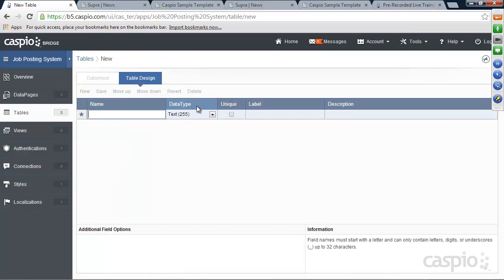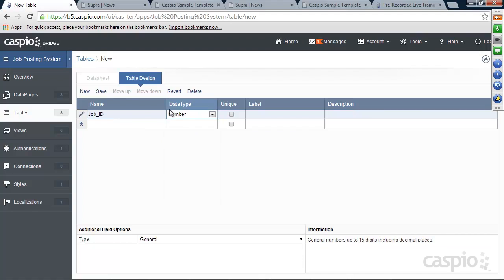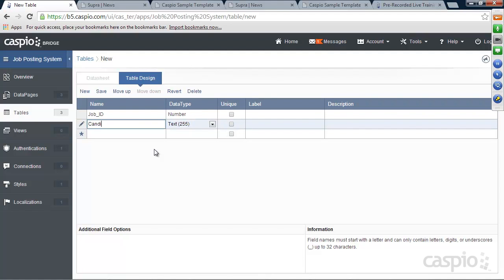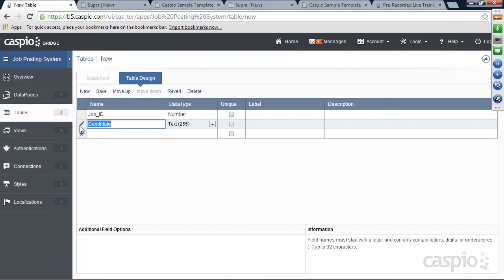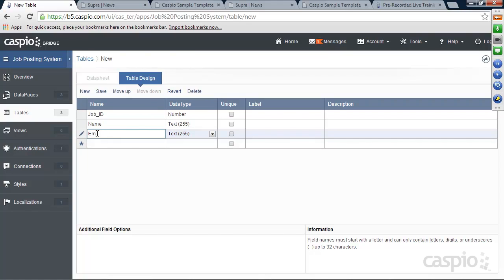And what you're going to need is job ID, and you're going to receive that job ID inside this table here. Okay, because you're passing that parameter using the URL, you're receiving it now in this table, and you want to stamp it so you can later on relate the jobs and candidates. So job ID, you also want, let me see what fields I have in the live example. So I have name, email, phone number, resume. Okay. So name, email,